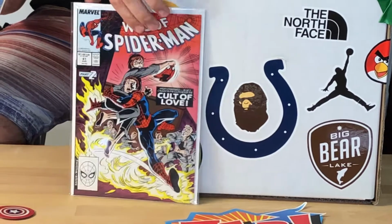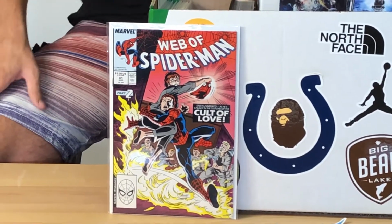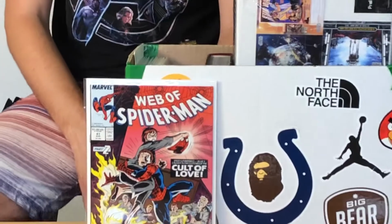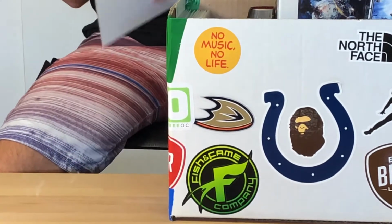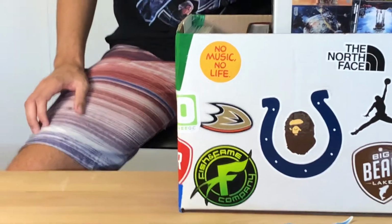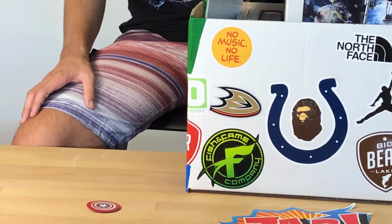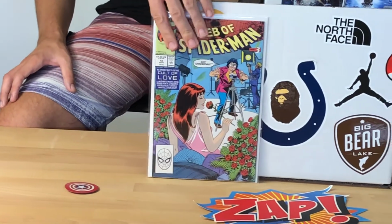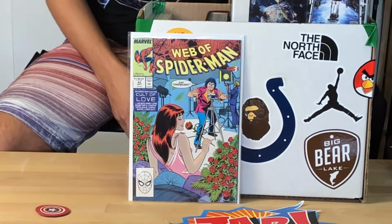Here's 41. That's a cool cover. The person on the cover, her name's Betty. I don't remember her last name. Betty Brant. She was in the Sam Raimi Spider-Man movies. She works for the Daily Bugle with Peter Parker. Spider-Man's trying to save her from this cult, but she was brainwashed. 41. Here's 42. It's the same story arc, except now they're going after Mary Jane Watson, who in this timeline